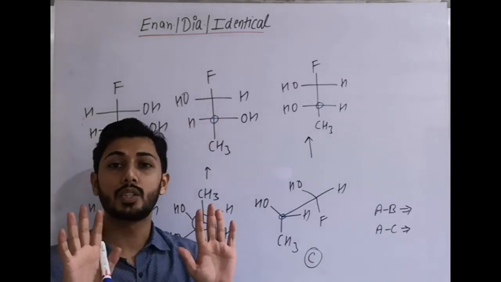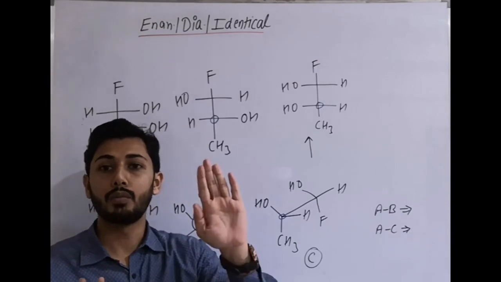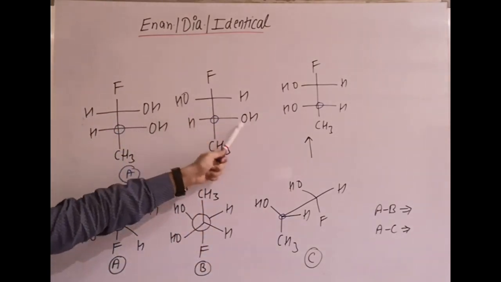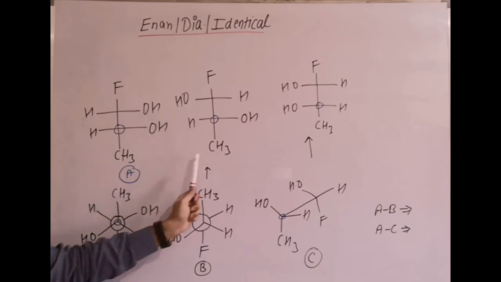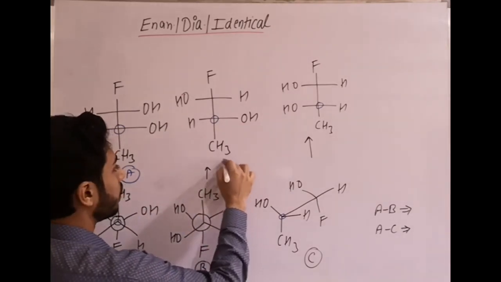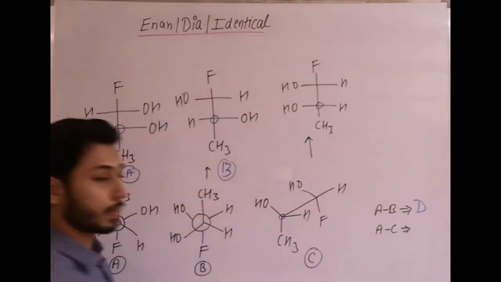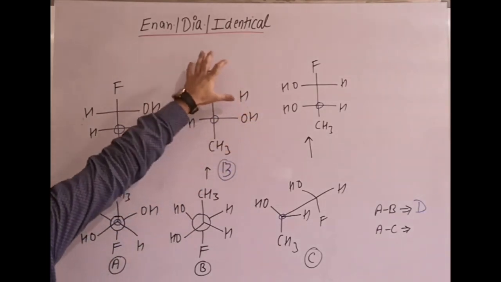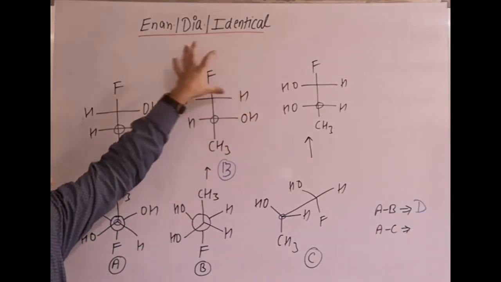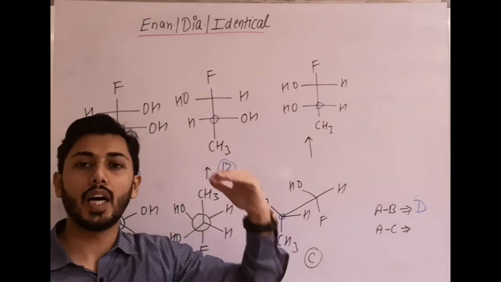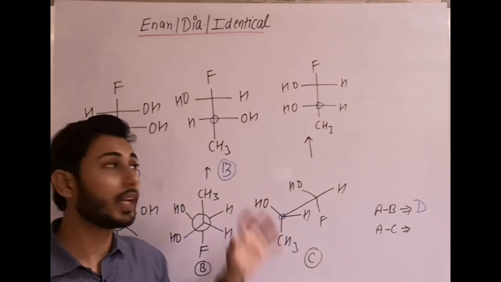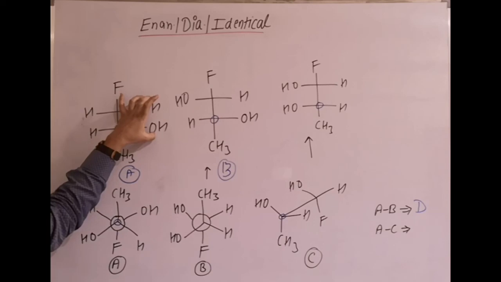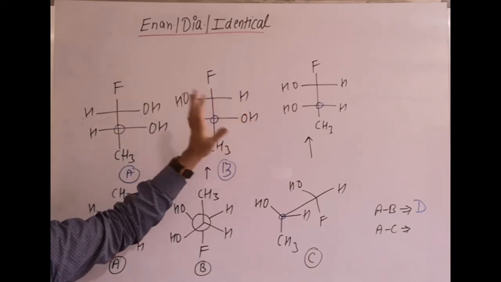That means they have the same structure, same connectivity, but one stereoisomer is not the mirror image of the other. You can see OH, OH both opposite, OH, OH same. So structures A and B are diastereomers of each other. This is the easy way, because here you can easily identify. If vertical groups are also changed, like some changes done here, then which method do we use? Find RS for each chiral center. But in the exam, if this is given, do it the quick way: both groups are the same, and here OH is on the same side, here on the opposite side, so they are not mirror images of each other.